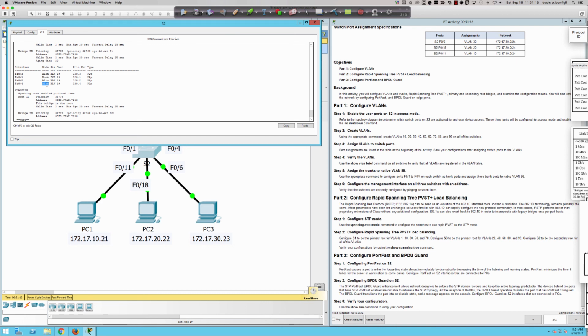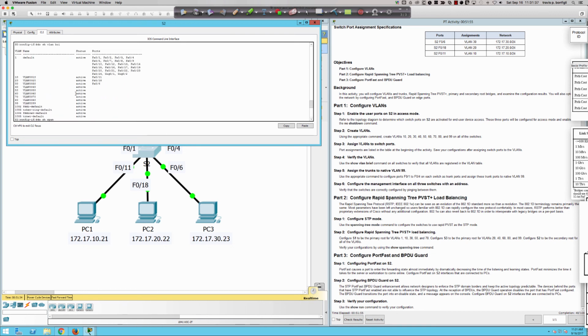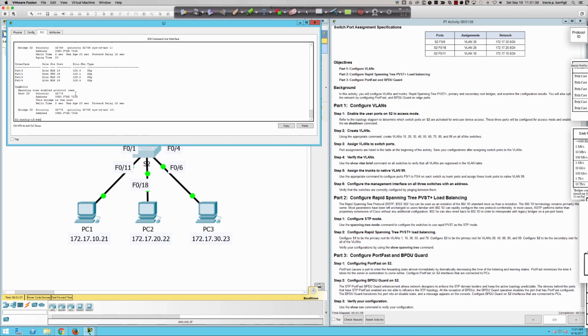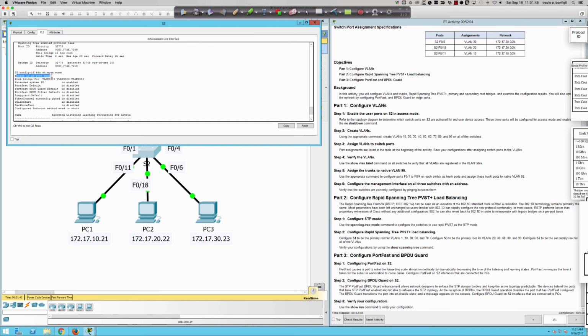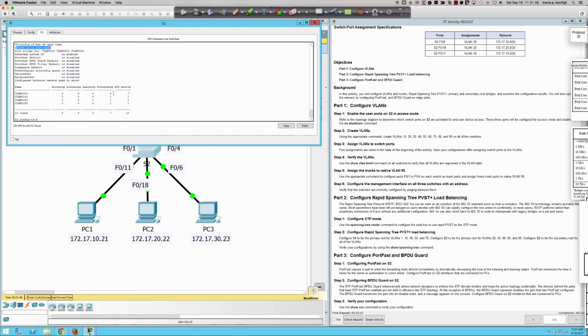Because remember, it was a non-designated port with the legacy standard. But it's been different since 2004. And so in Cisco's code, even when you're running the IEEE protocol, or I should say Cisco's adaptation of the original 802.1D standard, and even though you see up here, if I do show spanning tree summary, that the switch is in PVST mode, which we know is based off of the original standard, Cisco has basically made the assumption that you're probably not going to be running